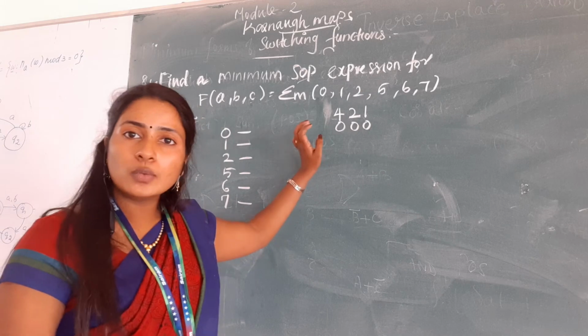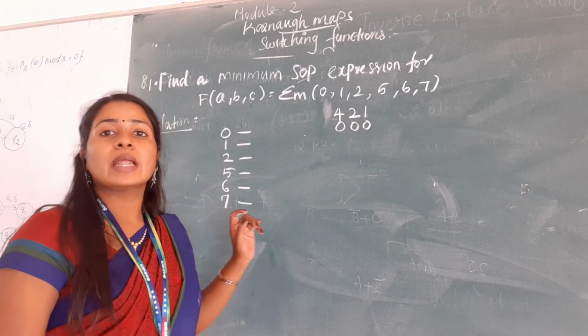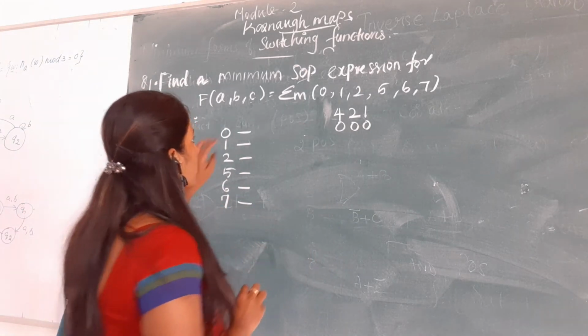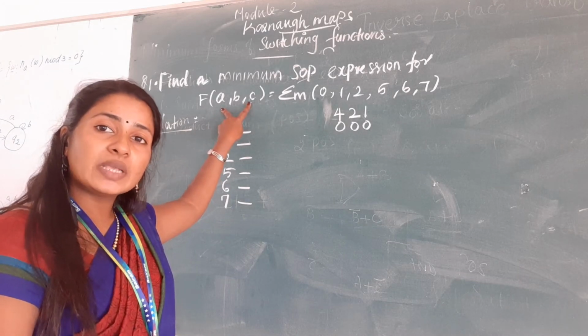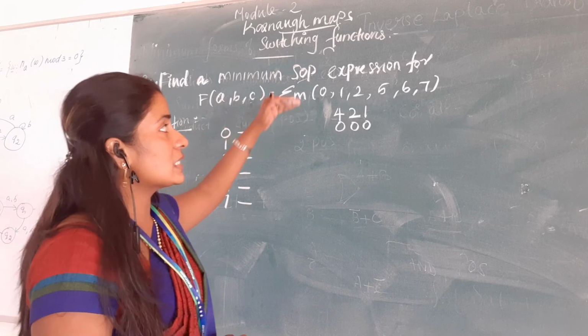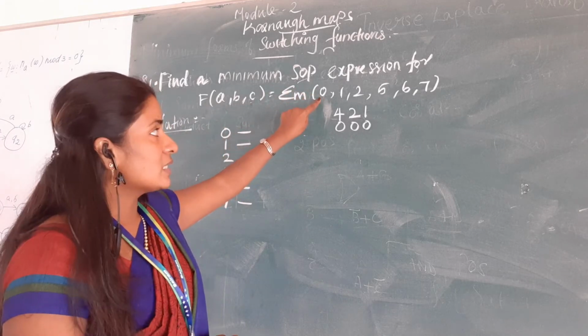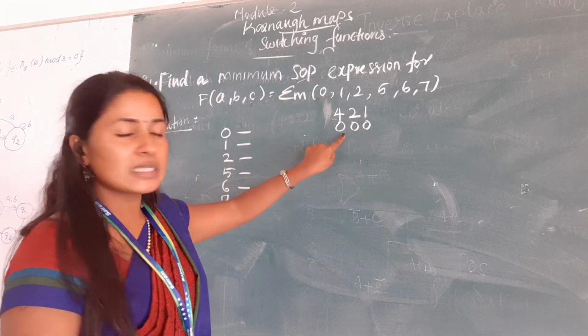Now I am not going to write in binary form. I am going to write in functional form. So I have to use these three variables in the function, A, B, C. By using A, B, C, how do we represent 0? See, 0 means in all three locations it should be 0.